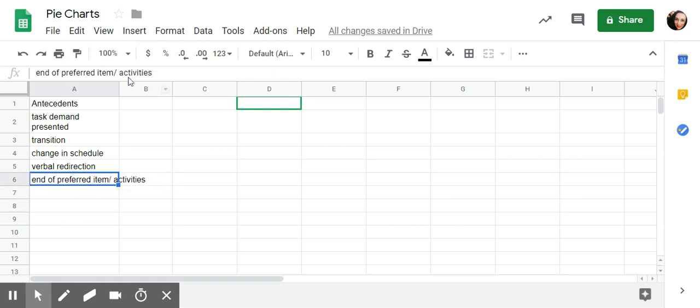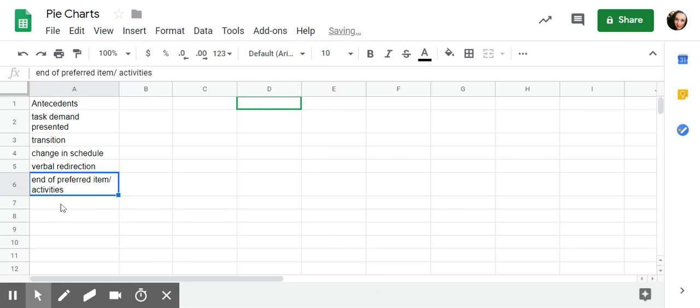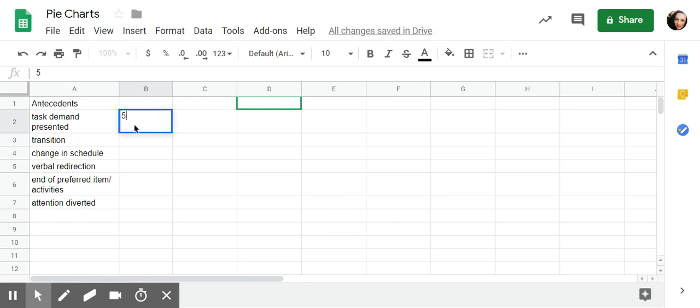Right now this is spilling over into column B, and that's kind of annoying, so I'm going to go to format, text wrapping, wrap. Attention diverted, so maybe they didn't have somebody directly interacting with them. Then I would just go through my ABC sheets, counting the total: 15, 1,